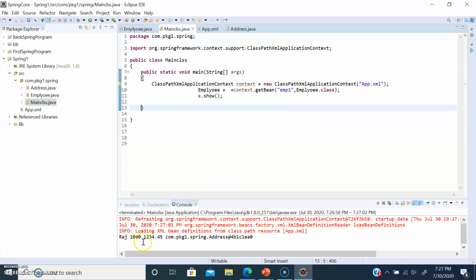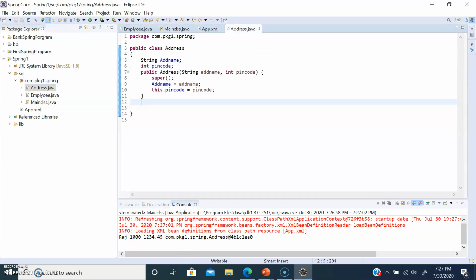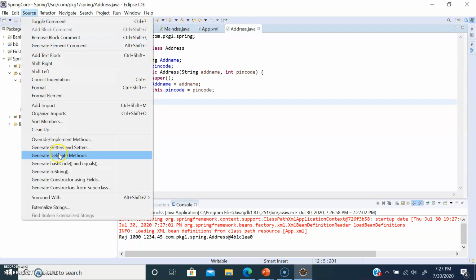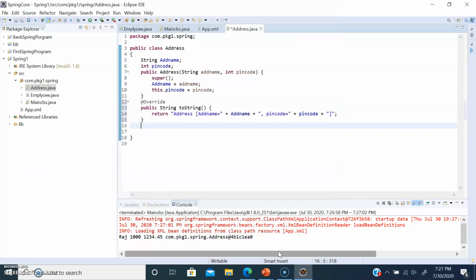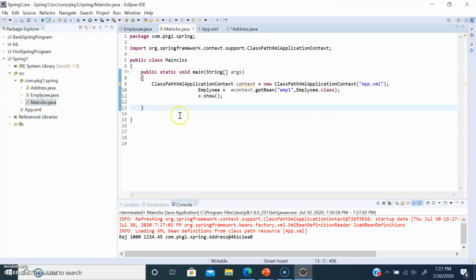Okay, perfect. Raj 1000, and it is giving me the fully qualified name, so we have to override the toString method in the Address class. Yes, let me run the program again.